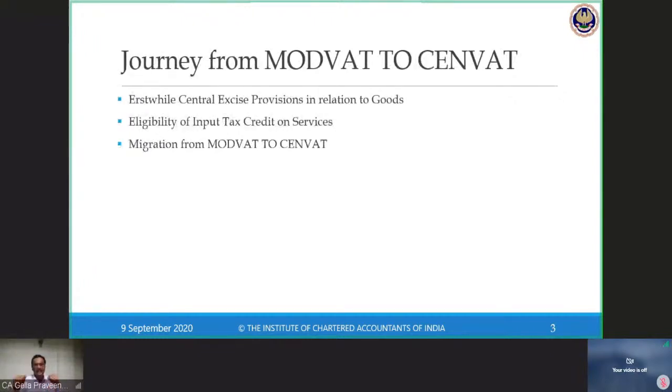In 2004, there was a breakthrough where SENVAT, central value added tax, was introduced. This was a term which was coined where input tax credit on goods and input tax credit on services